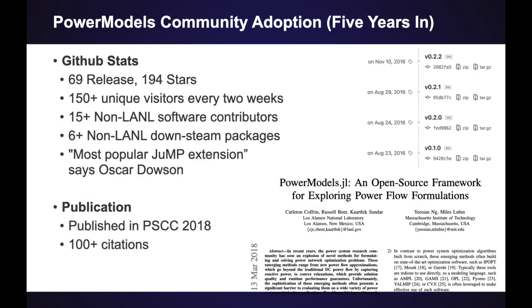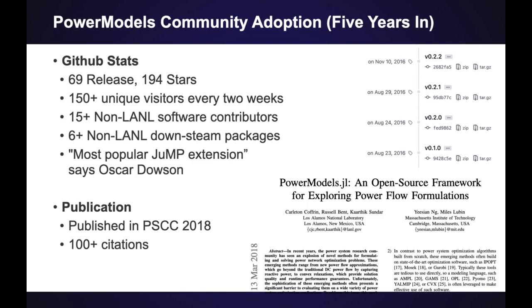When we released Power Models, we also published a paper about it and really emphasized its ability to explore different ways of formulating interesting optimization problems. And since that paper was published in 2018, it's received 100+ citations, which is also a big success for a publication. So all in all, I think the Power Models experiment was a great success and showed us at LANL